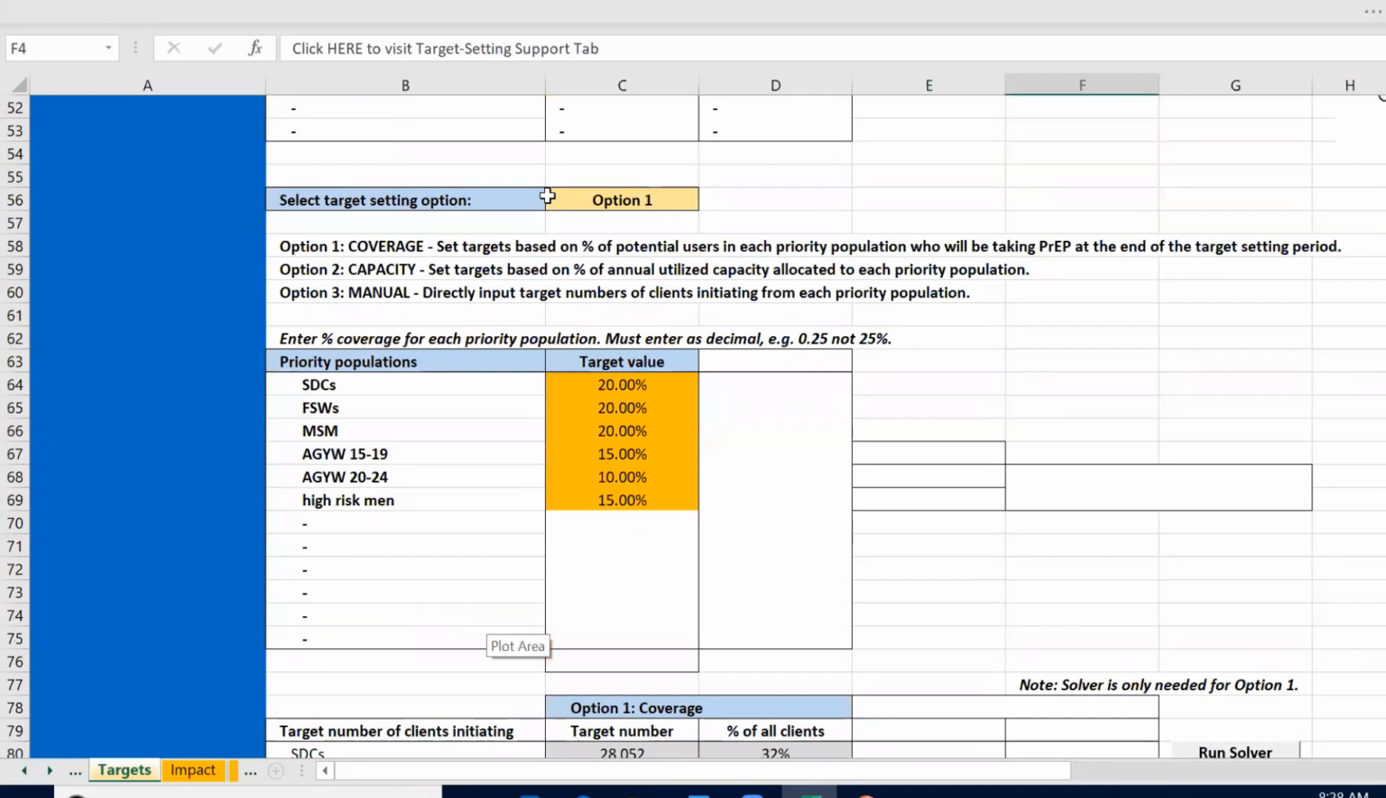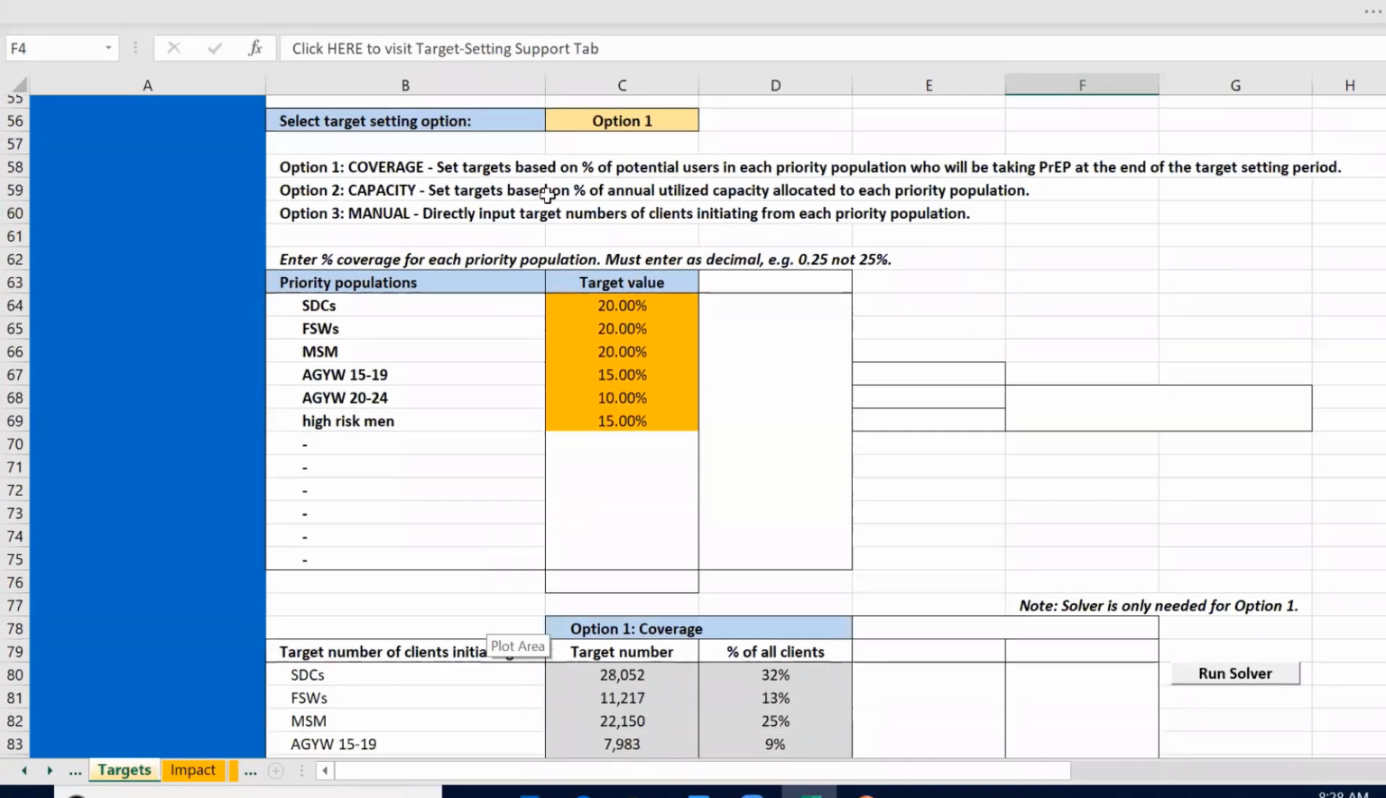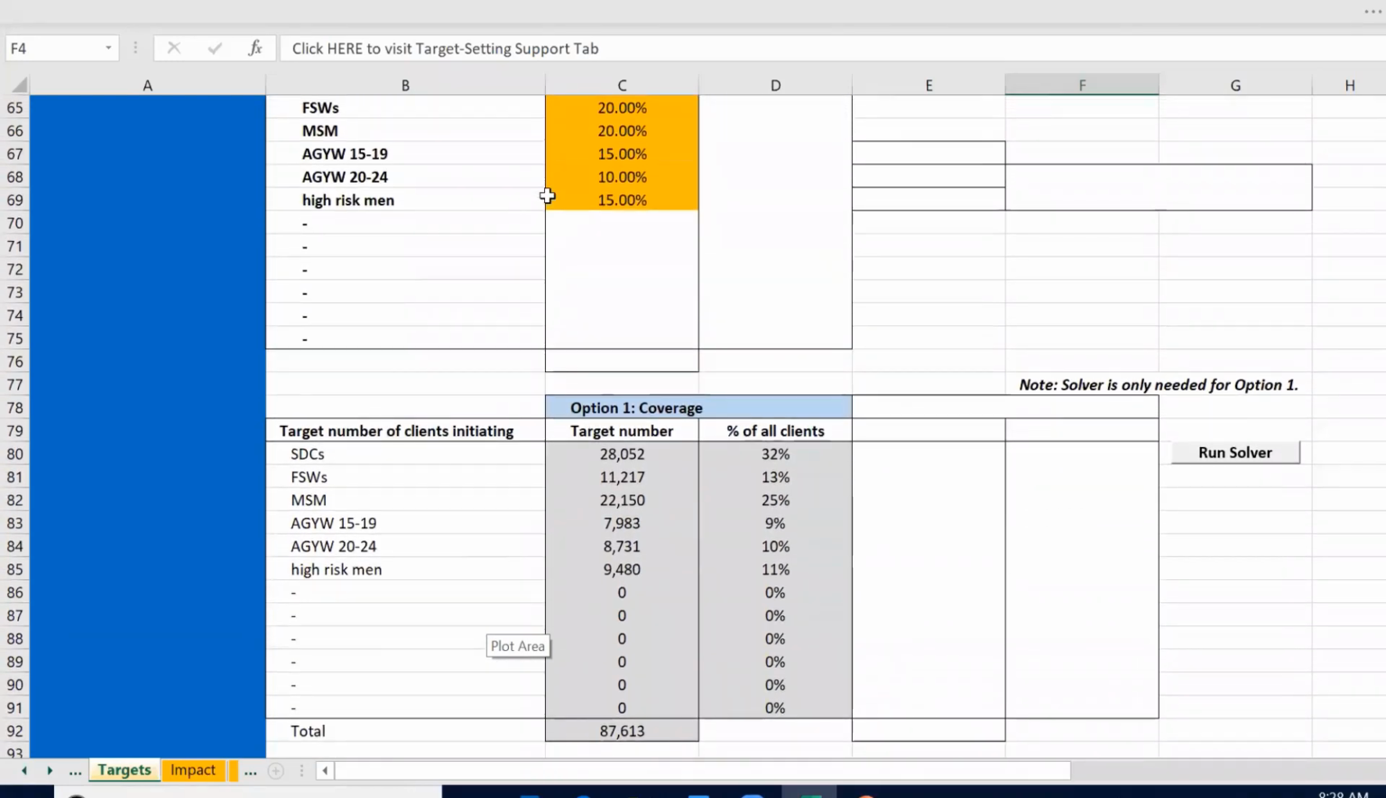I've set it here for option 1. And then setting the coverage, so based on the percent of potential users who will be taking PrEP at the end of the target setting period. So once we get to the end, what proportion of those users do we want to be taking PrEP. So you specify those here, and then you can see I've run the solver button, which generates these targets. It solves this equation of, based on the number of potential users, the continuation rates, and the scale-up trends, how many people do we need to initiate PrEP in order to reach that coverage level by the end of the target setting